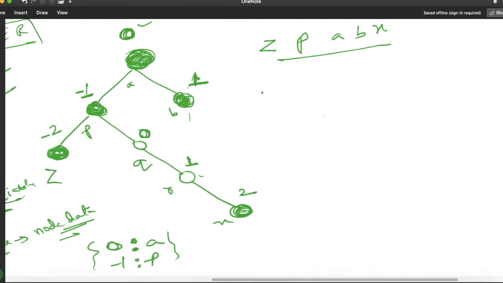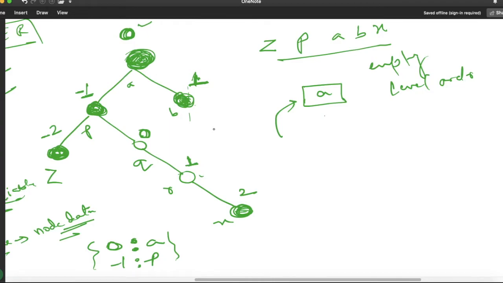So here we will use queue data structure. Suppose this is my queue, and our target will be to empty this queue. Our target will be to empty this queue. So suppose initially we have added a node A. Okay, we have added this node A. We will apply the same logic as the previous problem, level order. We will move level order and apply the same logic. Now suppose we have inserted this root node with the value A.